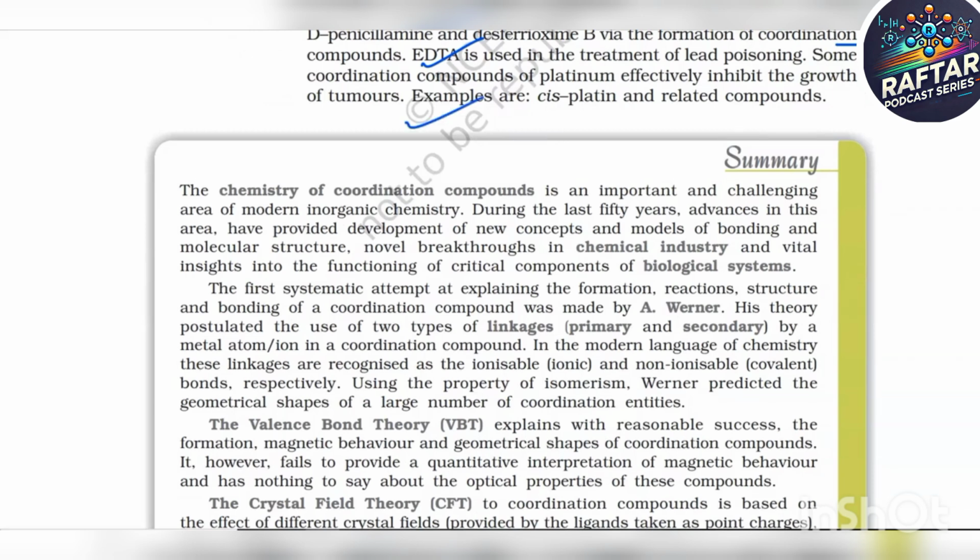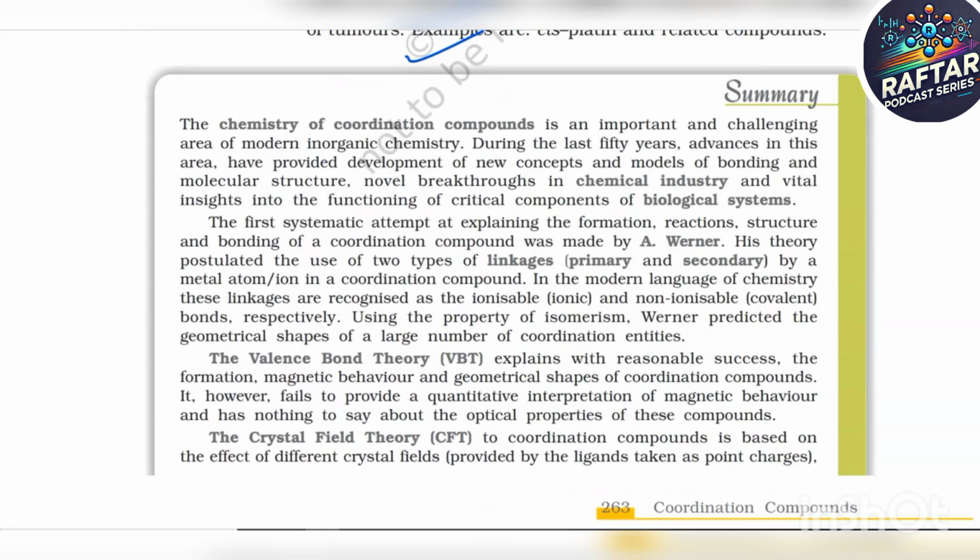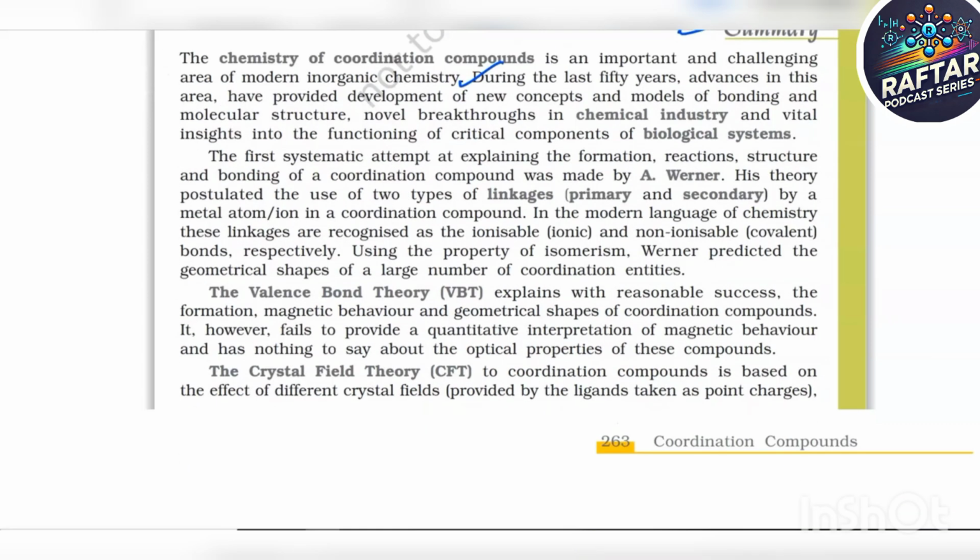Summary: the chemistry of coordination compounds is an important and challenging area of modern inorganic chemistry. During the last 50 years, advances in this area have provided development of new concepts and models of bonding and molecular structure, novel breakthroughs in chemical industry, and vital insights into the functioning of critical components of biological systems. The first systematic attempt at explaining the formation, reactions, structure and bonding of a coordination compound was made